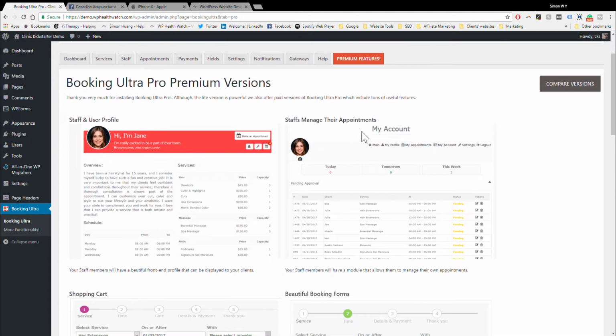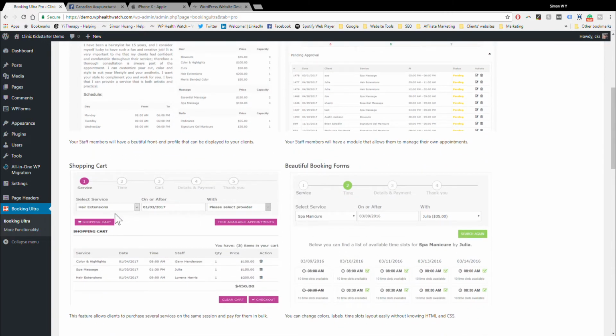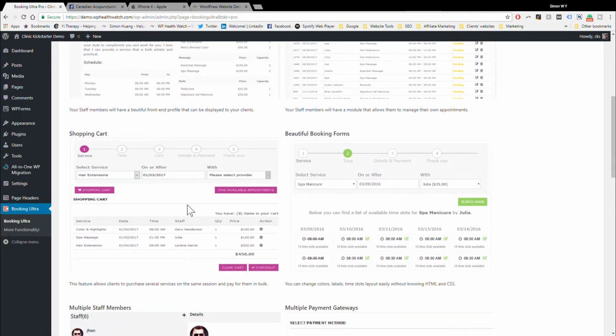You can't let the staff manage their own appointments, assuming that you're running a successful clinic. Shopping cart: with the premium version, they are able to pay online, and the shopping cart allows people to purchase different